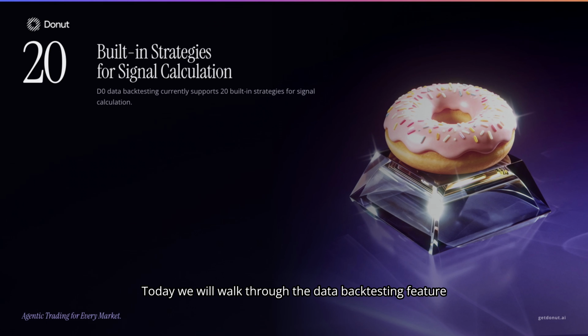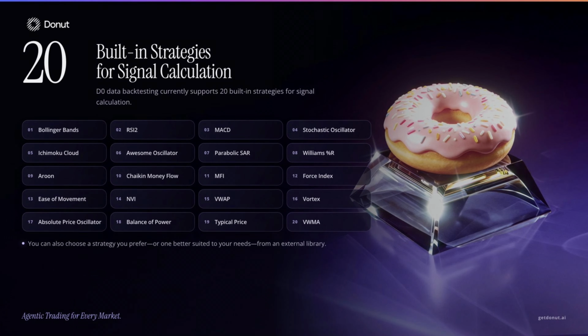Today we will walk through the data backtesting feature in D0. First, D0 comes with 20 built-in backtesting signal strategies, including Bollinger Bands, RSI, and MACD, etc. Of course, you can also use your favorite skills and more advanced trading strategies from Twitter to run backtests with